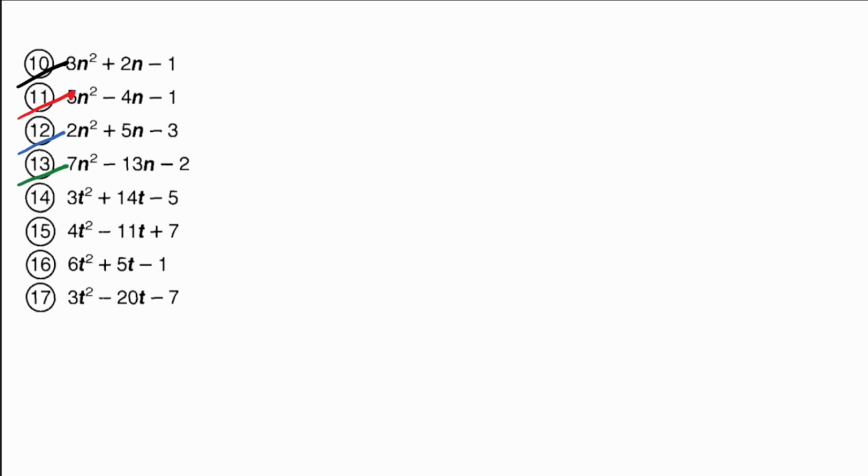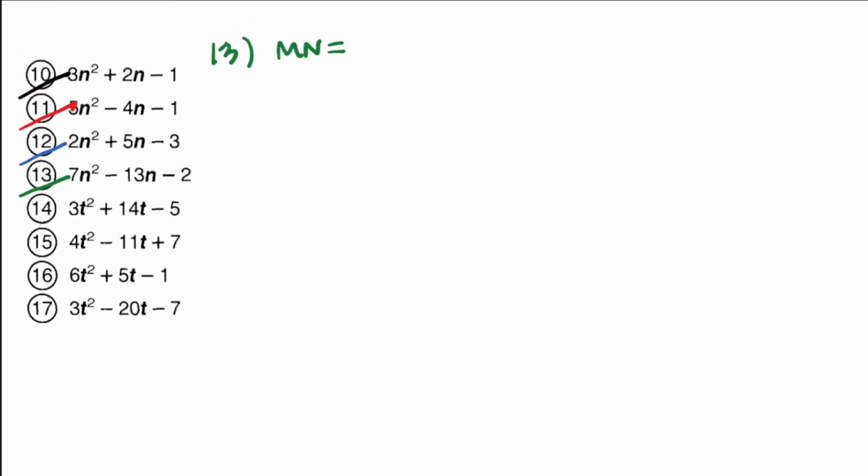Alright, next we'll do number 13, where we're looking for two numbers that multiply to negative 14. Oh, we did one very similar to this, but m plus n is negative 13. So I think, again, negative 14, positive 1. Yeah, negative 14, positive 1. So I'm going to say